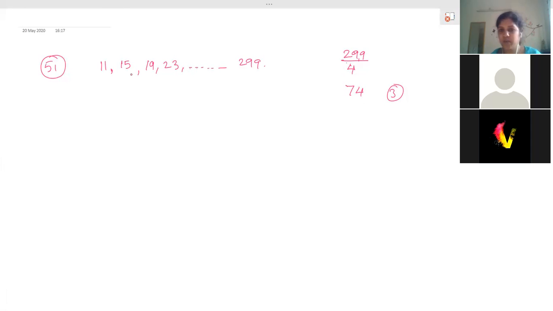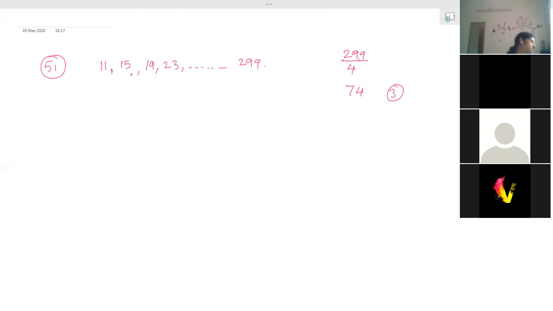4 ones are 4 plus 3, that is 7. 7 is less than 10, we cannot include. 4 twos are 8 plus 3, that is 11. So 11 is above 10. So 11 is the first number. Take any multiple of 4 and add 3 to get the remainder 3. Is it clear? Any other doubt?